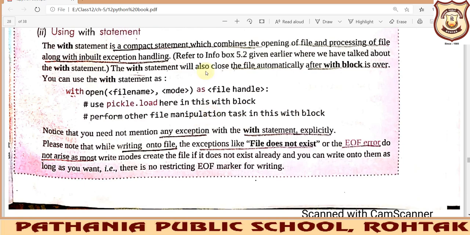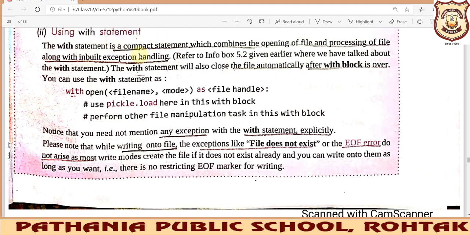It gives you a compact statement which combines the opening of the file and processing of the file along with inbuilt exception handling. The file will be closed automatically after the with block is over. These are the benefits or advantages of the with statement.